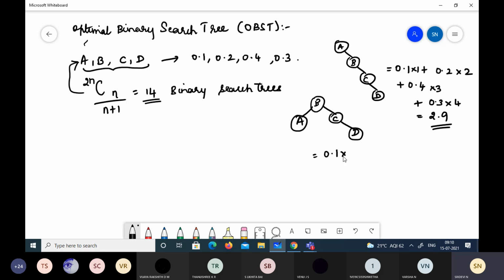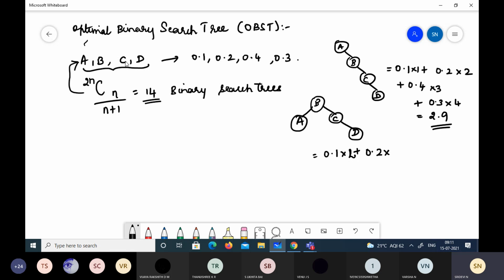See, 0.1 into 1 for A. For B, what's the probability? 0.2, sorry, this is level 1, this is level 2, so we will take this as 2.